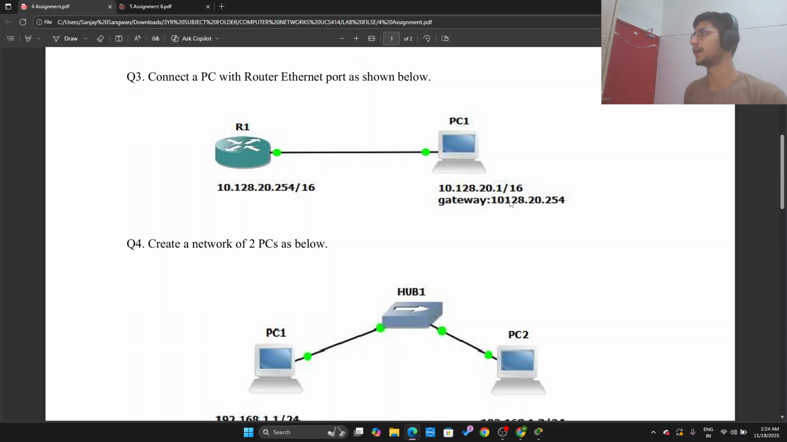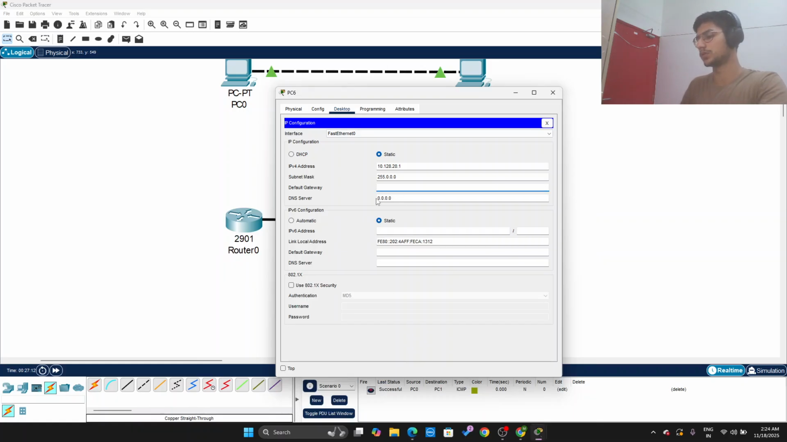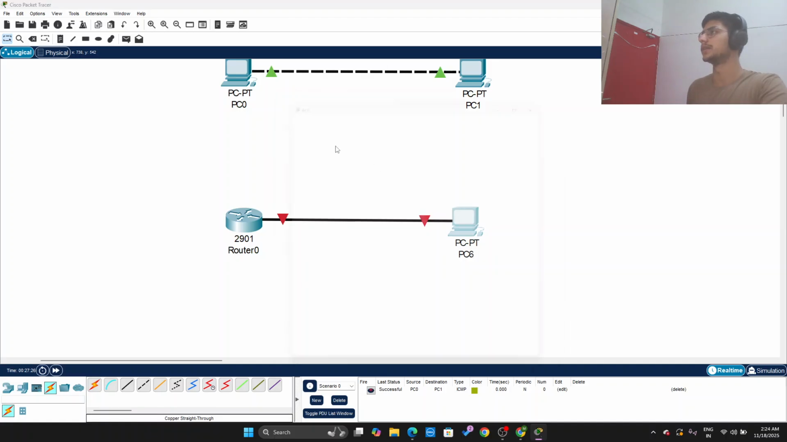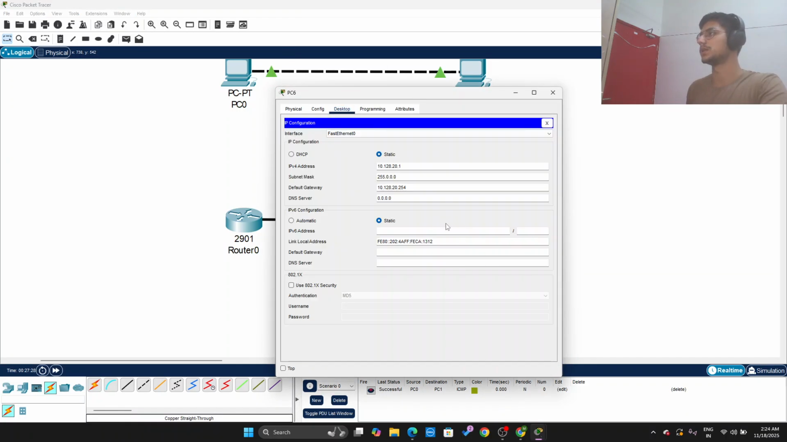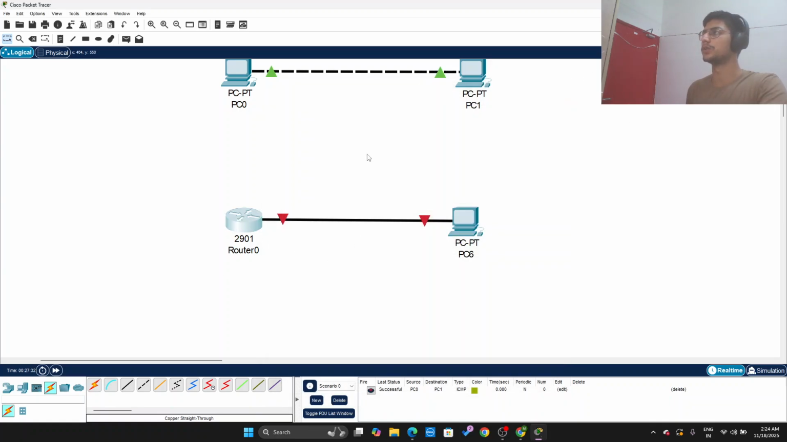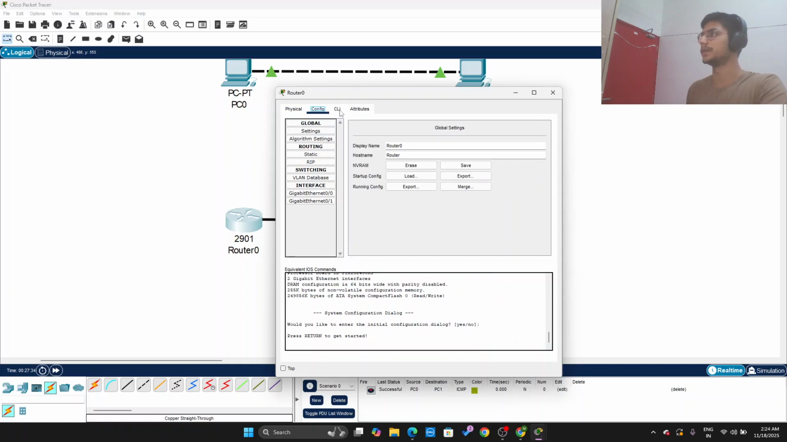So for that, I have to see what the default gateway is. It's 10.128.20.254. So I am filling this. So here now you can see that I have filled in the default gateway option and am now setting it. So I will be copying it from here and placing it, going on the router,